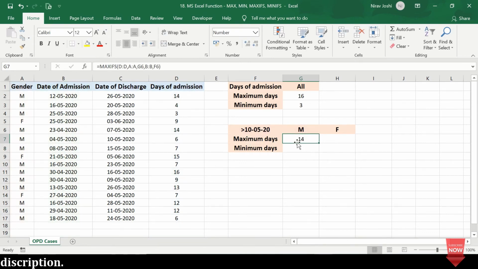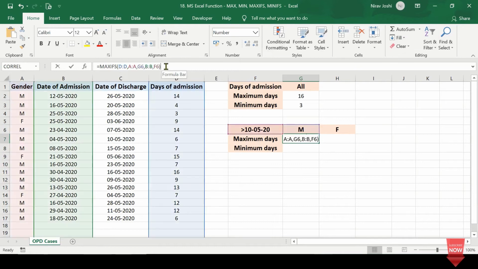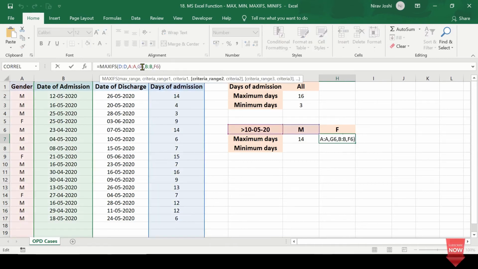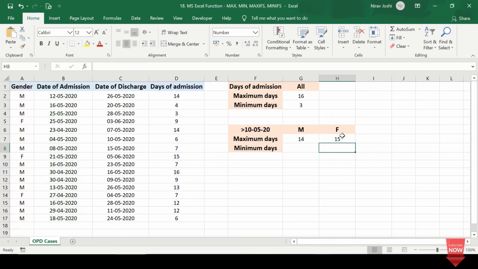So it says that in those admissions that have happened after 10th of May and for males, the maximum duration of stay is 14 days. Now if we want to calculate the maximum number of days of stay for females, we can simply copy this function from the formula bar and paste it here, and we will just replace the criteria for gender from male to female and press enter. So it says that for females admitted after 10th of May, the maximum duration of stay is